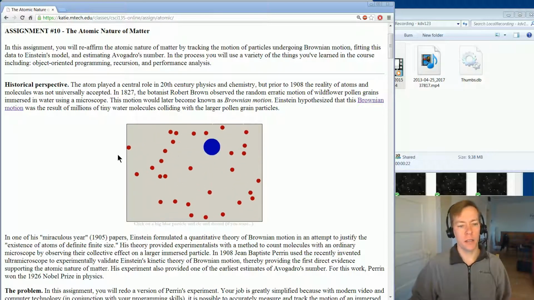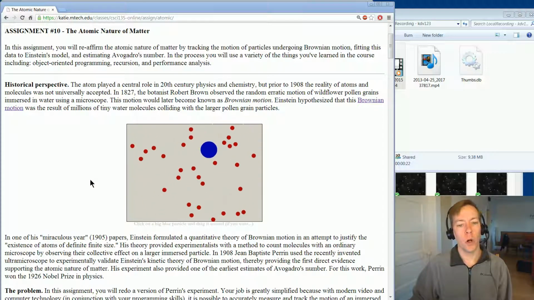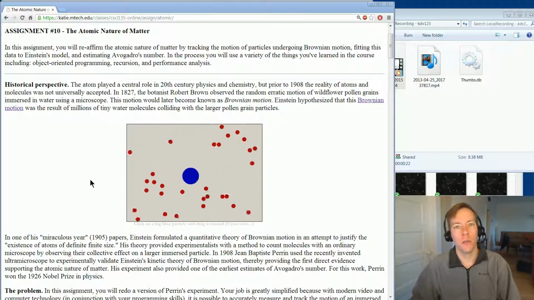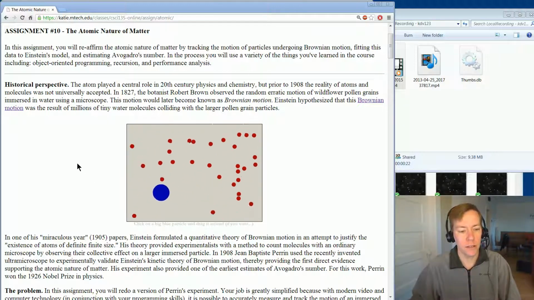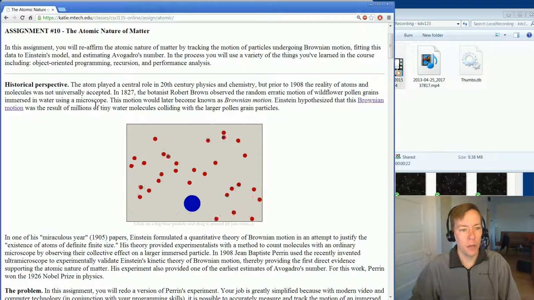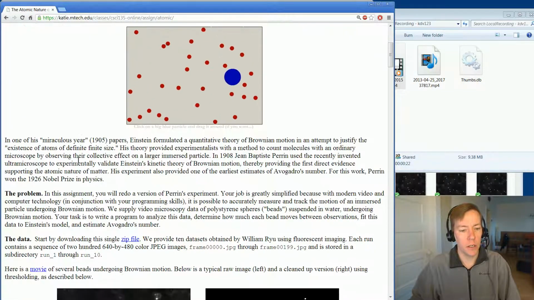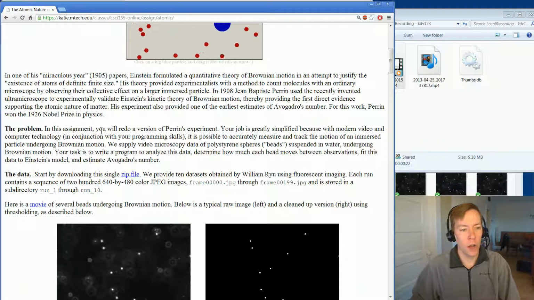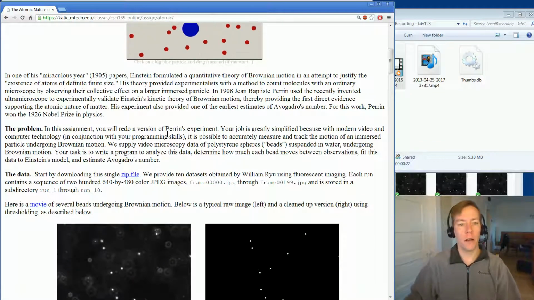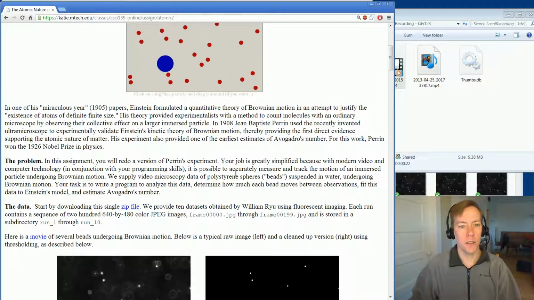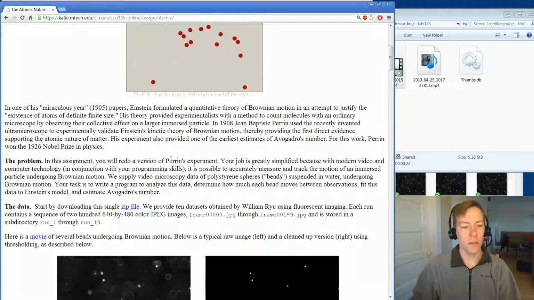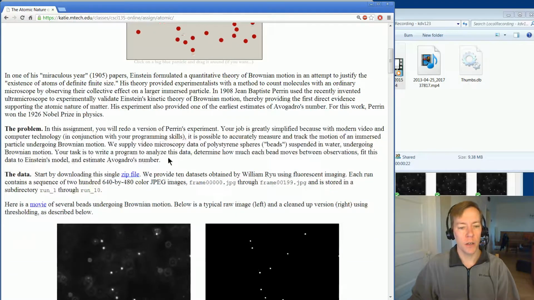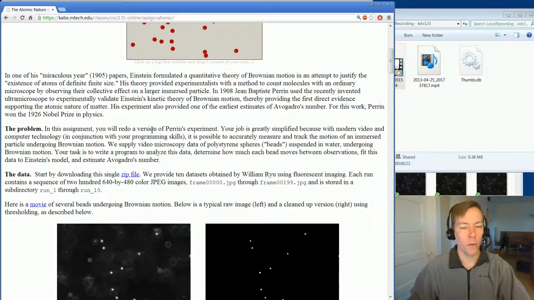In this assignment, you're going to develop a number of different programs, and those programs in cooperation are going to be able to compute those physical constants. You can read a little bit about the history here and so on. Don't get too freaked out. I'm not a physicist either. You don't have to understand a lot of the physics in order to do this assignment. You just have to understand the process you need to go through and the software you need to build